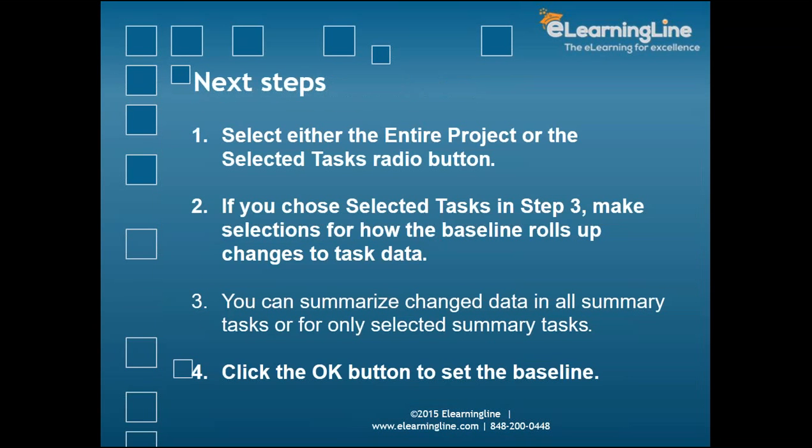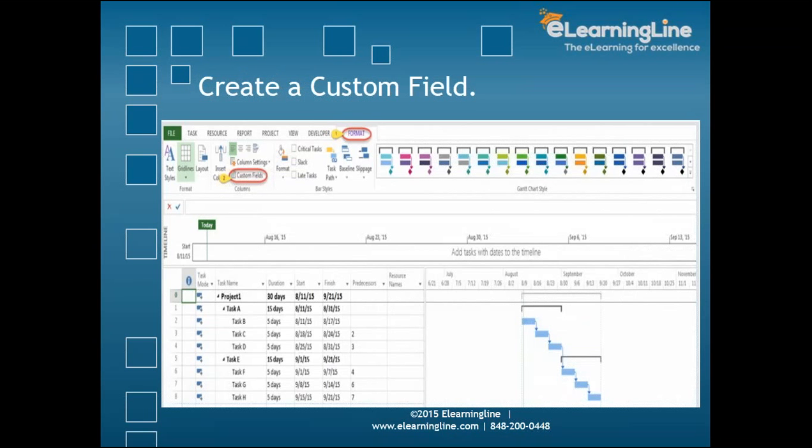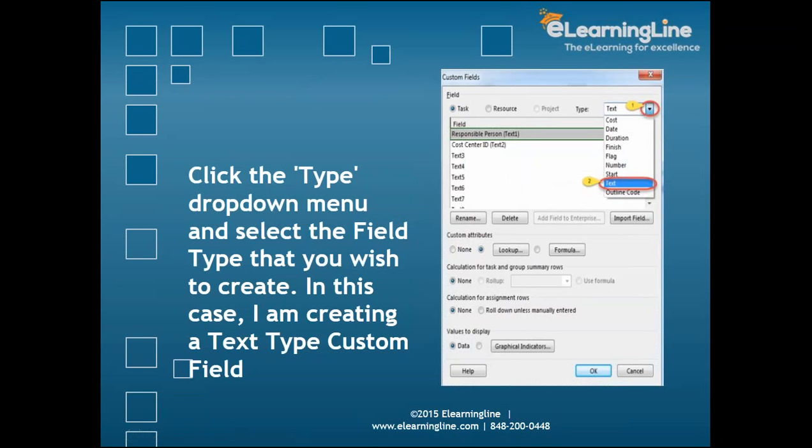Now that this is just baselining, then you have the third option: if you have to play around with the custom field, how do we do that? The custom field could be anything which you don't find as text, but you have to create it. You have an option to create that in the project plan. For that you go to format and click on custom field. When you do that, you will get this pop-up. In this, select a type.